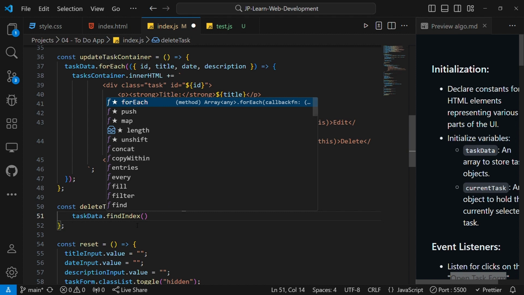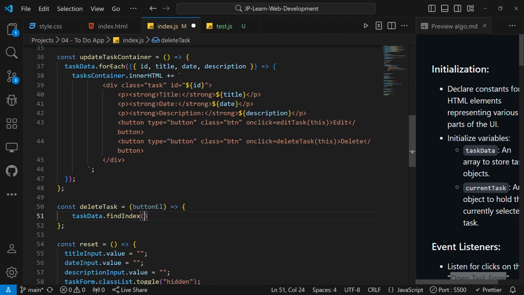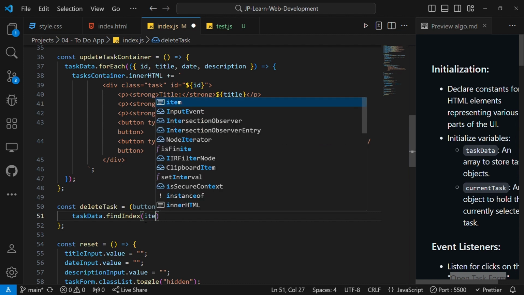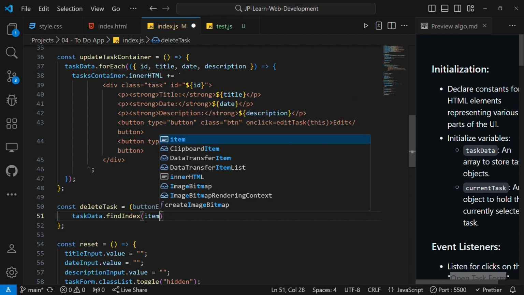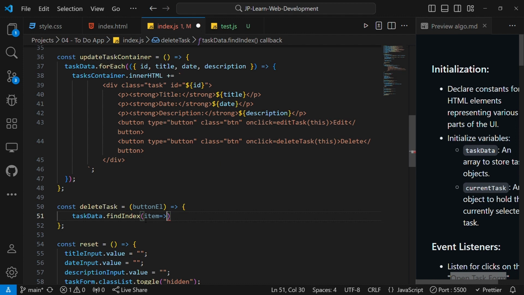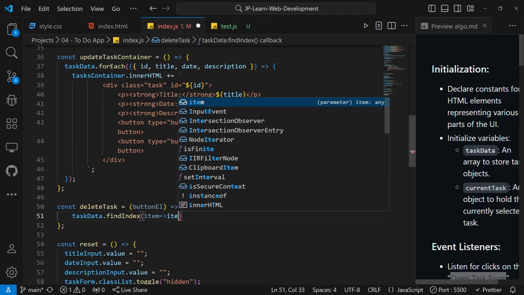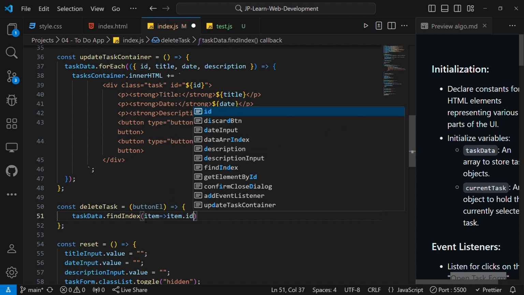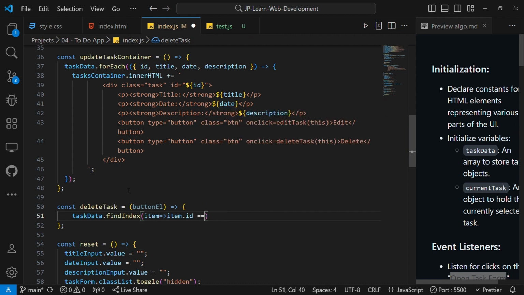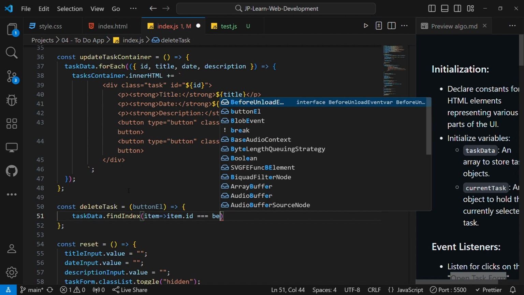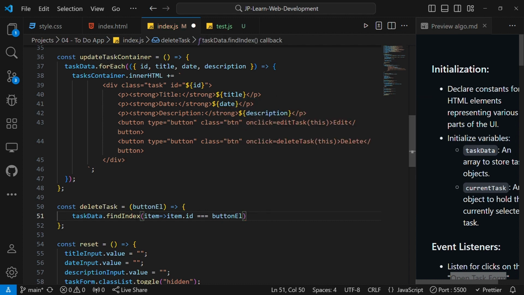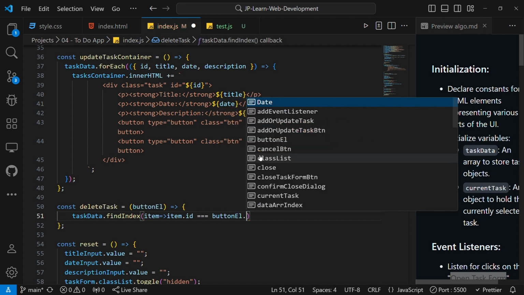It'll be a dot. So we have said this method takes a callback function. So we'll look through the items. I'll say for each item, and to do what? To compare the item ID. So I'll say item.id, because each item has an ID. You have seen that. So I'll say if the item.id is equal to this clicked task's parent element